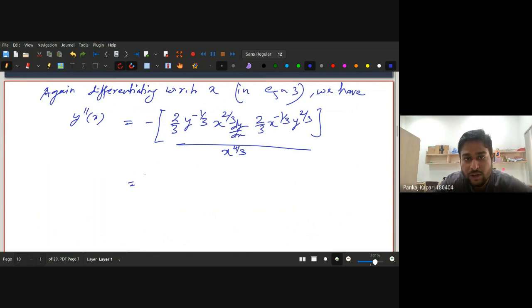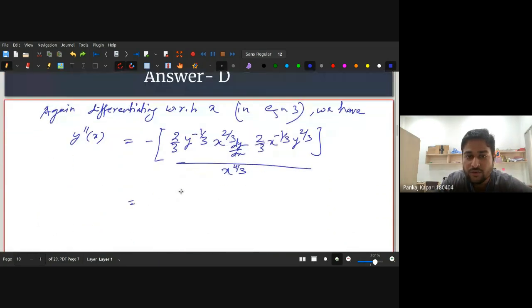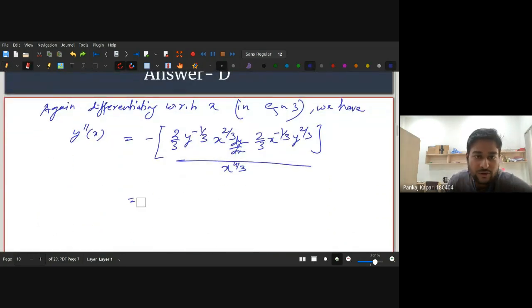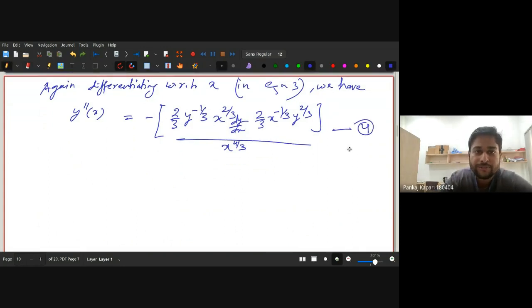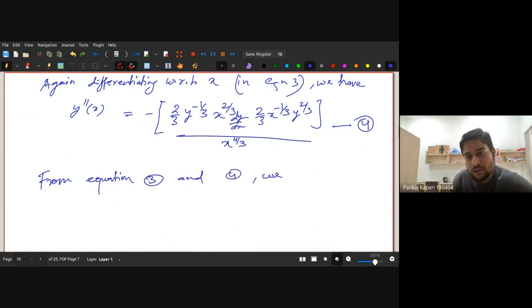Okay, so at the end, what do we have? We also have to substitute this value of dy by dx from equation 3 into equation 4. You can call it equation 4. So from equations 3 and 4, we have that y double prime of x is equal to,